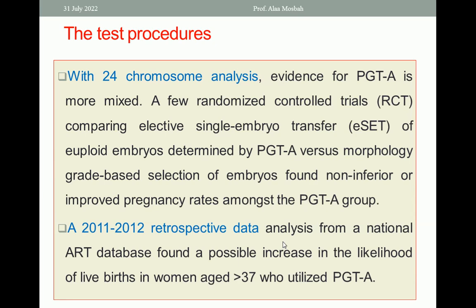retrospective data analysis from 2011-2012 from the National ART database found a possible increase in likelihood of live birth in women aged more than 37 who utilized PGT-A, who utilized preimplantation genetic testing for aneuploidy. Okay,